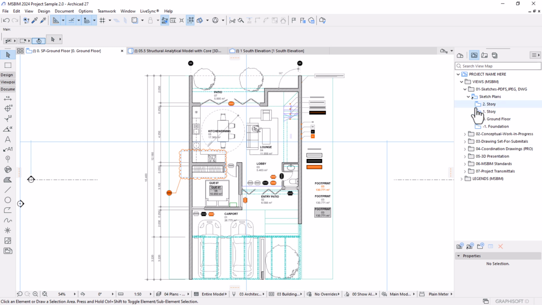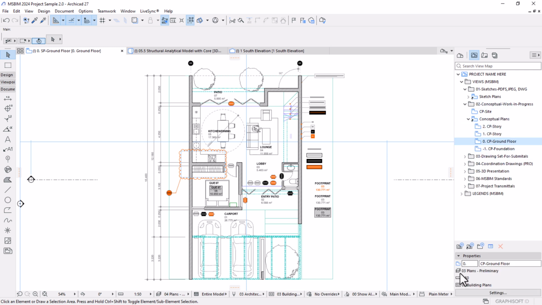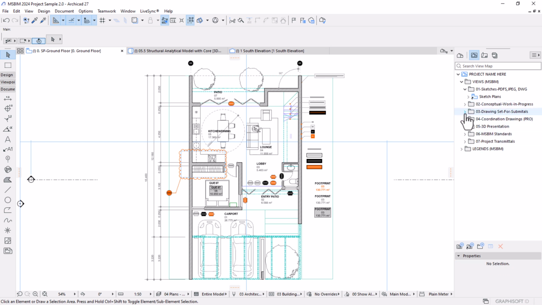But you look at this, every view here on the folders has a layer combination. If I select one, for example, under the conceptual work in progress, you'd see on the properties it says the name and then the layer combination, which is plans and preliminary, together with your scales and the model view options. So from here you would introduce your submittals, and then from submittals you do your coordination drawings